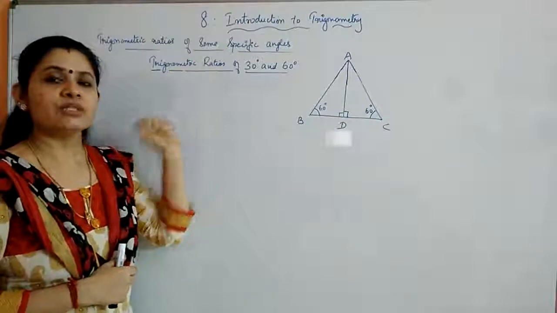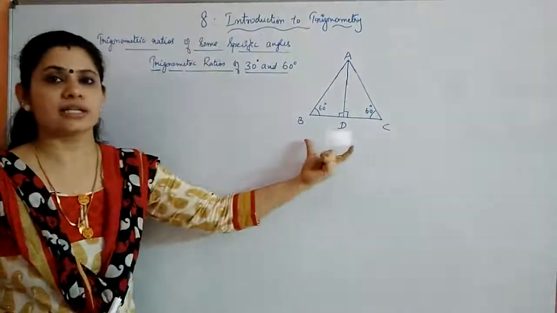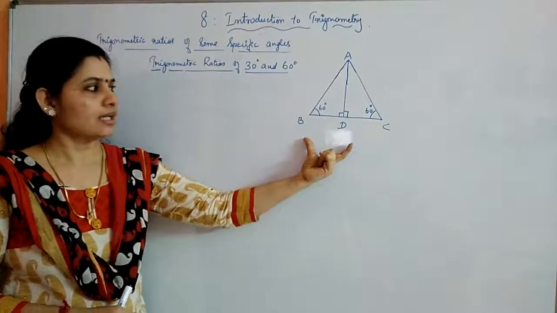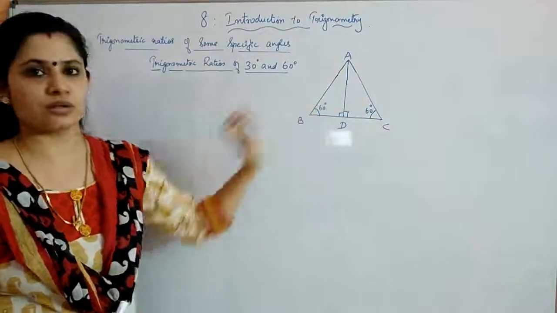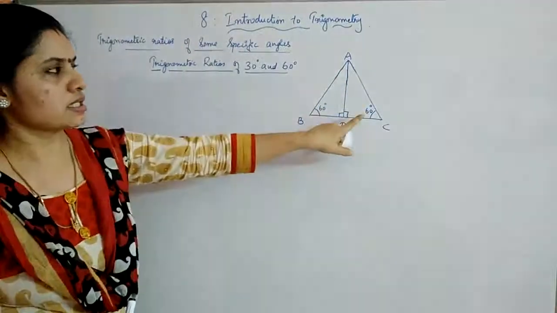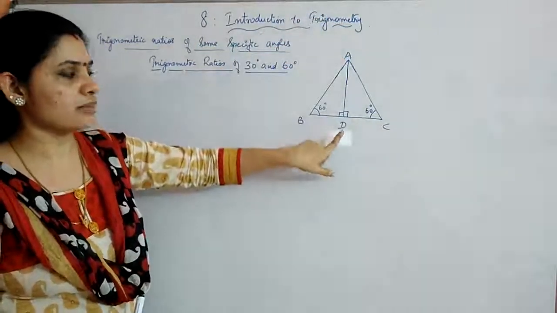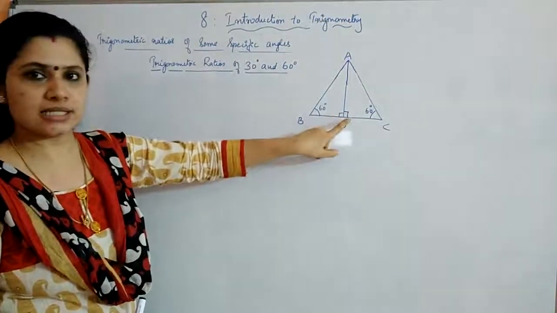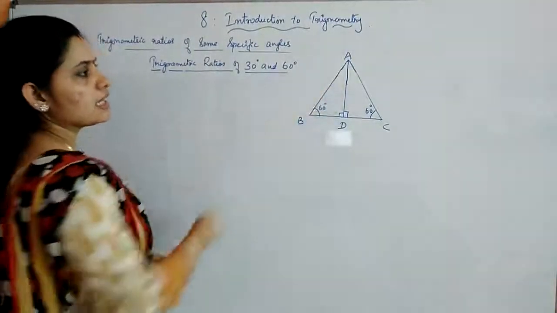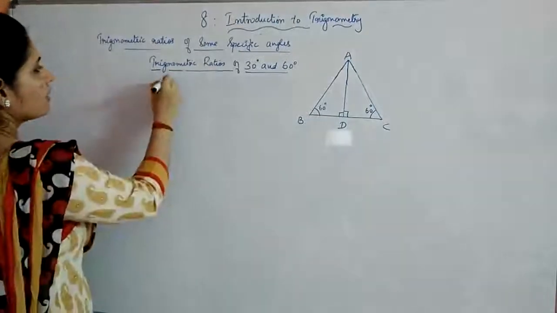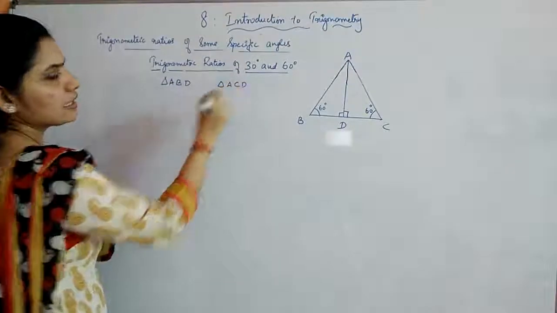Now we are finding out the trigonometric ratios of 30 degree and 60 degree. For that, first we are considering an equilateral triangle ABC. For an equilateral triangle, you know that all the angles are equal and the sides are also equal. Now this is 60, 60. Now what we are doing is dropping a perpendicular from A onto BC meeting at D. So this will be 90, 90. Now we are breaking it into two triangles, triangle ABD and triangle ACD.